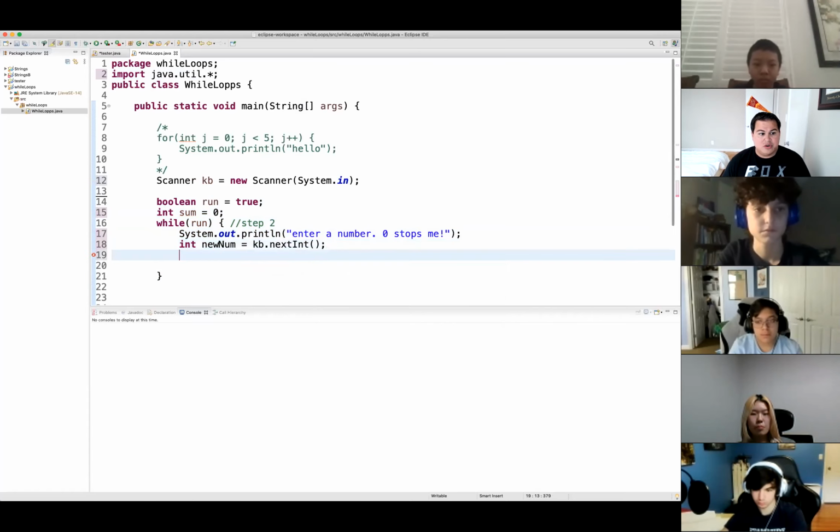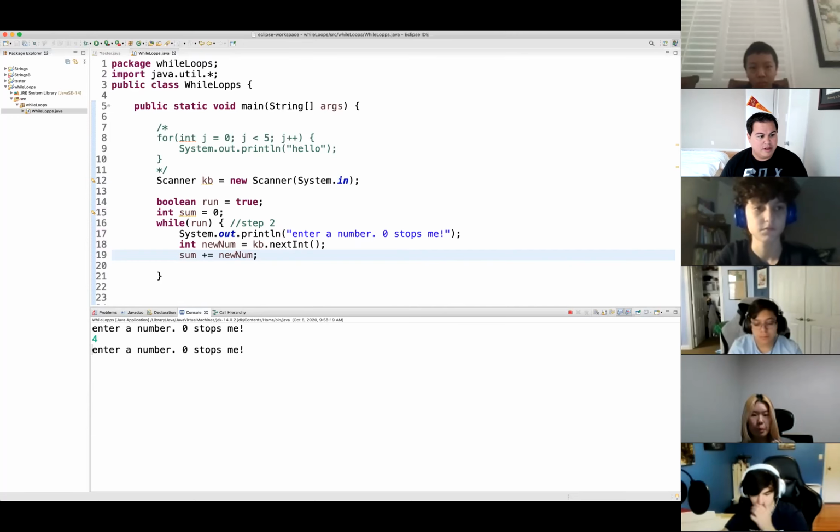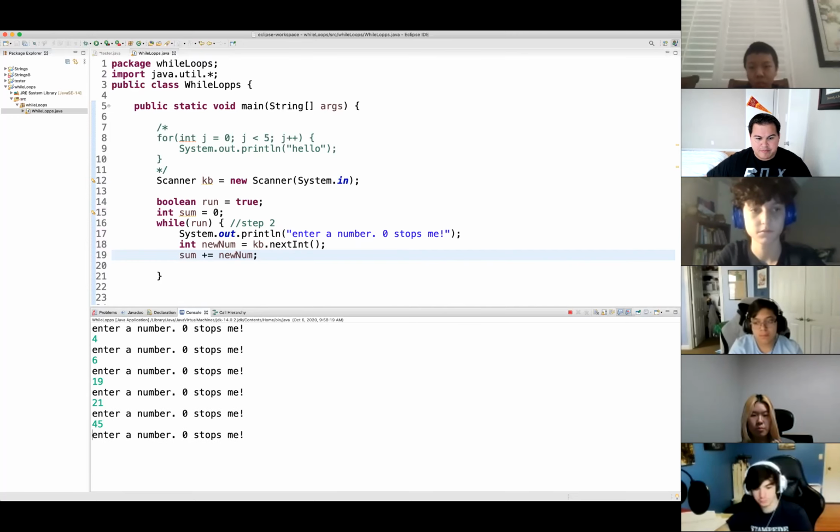Then I'm going to say sum plus equals newNum. So what is happening is when I run this, enter a number: 4, 6, 19, 21, 45.